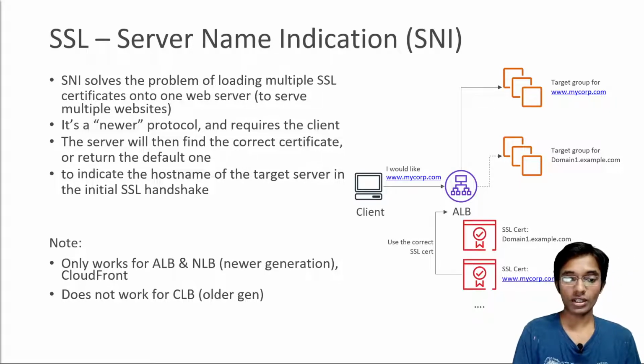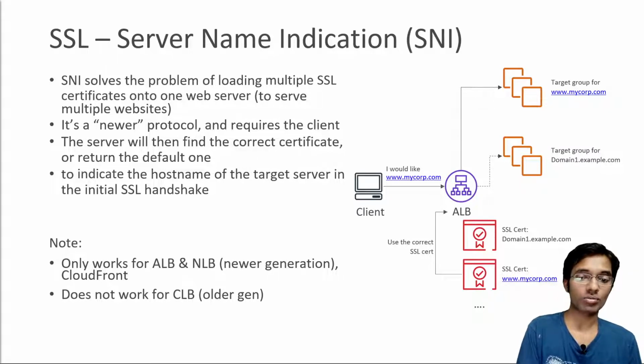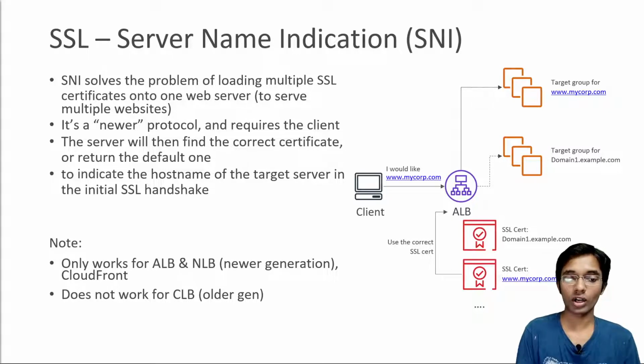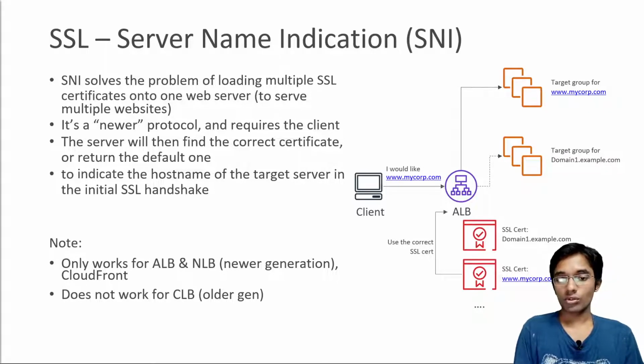names. The first one is www.mycorp.com, and the second one is domain1.example.com. You are able to see them pretty easily here. So we are going to load two SSL certificates onto our ALB, but it could be more than two also. One SSL certificate will correspond to the first target group, and the other one to the second